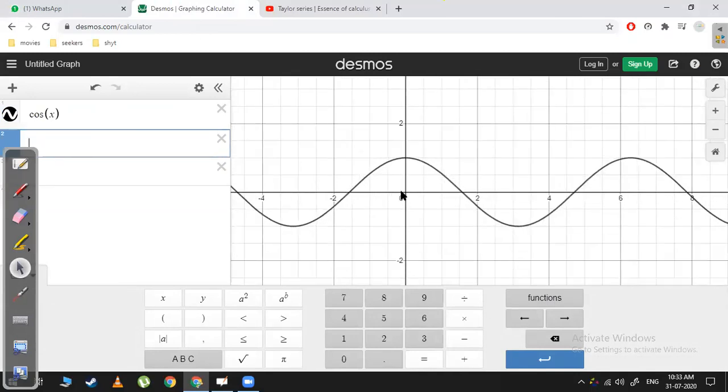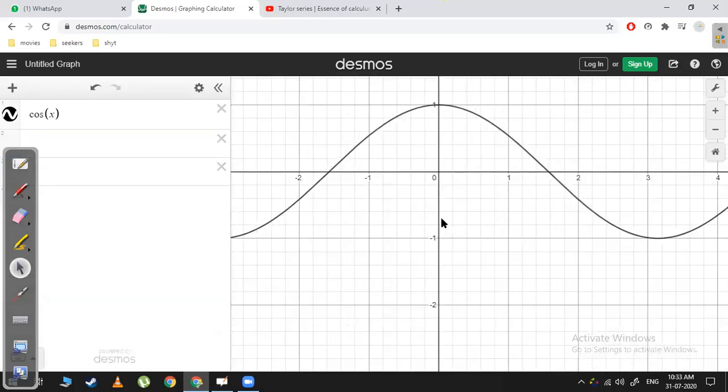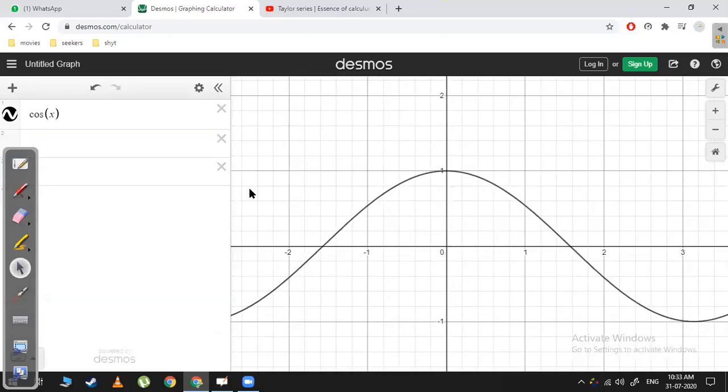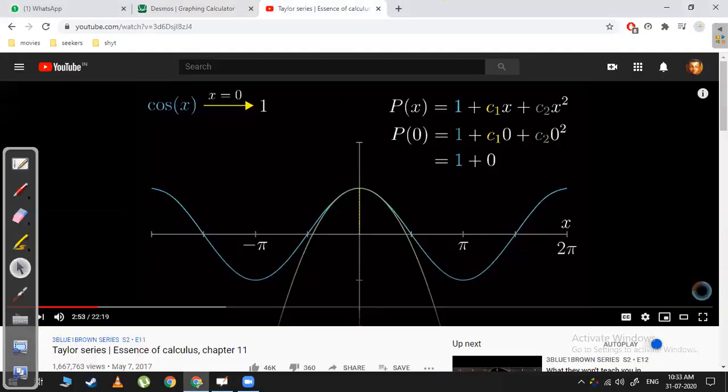Yeah, so the function is something like this. So what we will do, we'll try to look at the function around this point, right? Now, first thing he did was that when we are trying to approximate, around this point, whatever the value of cos is, the tangent to this point is this line, right?